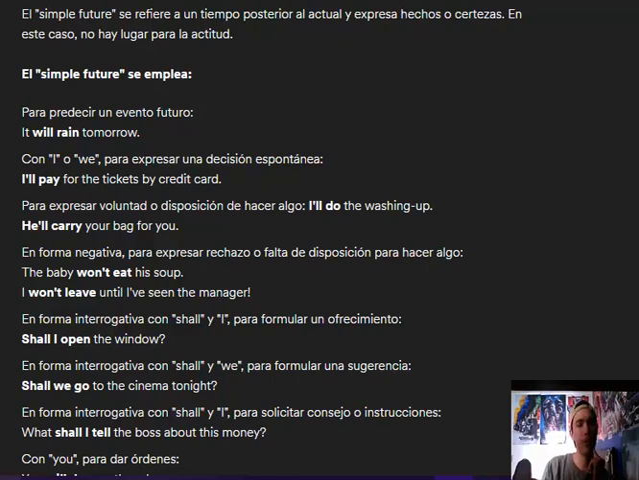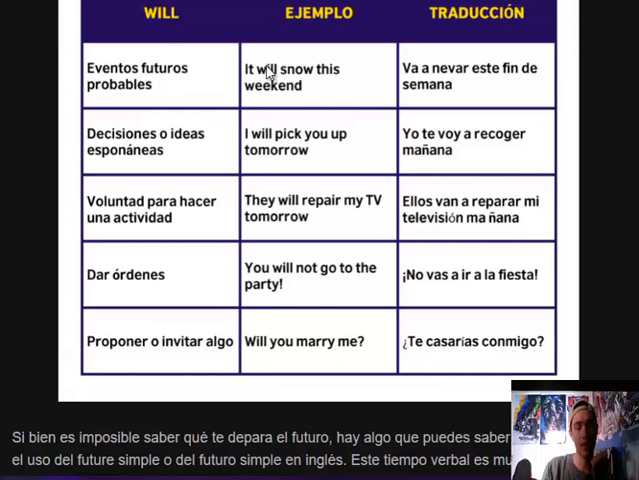The simple future refers to a time after the present and expresses facts or certainties. In this case, there is no place for attitude. Here we have some examples of how the simple future is used, like for future events, decisions or spontaneous ideas,